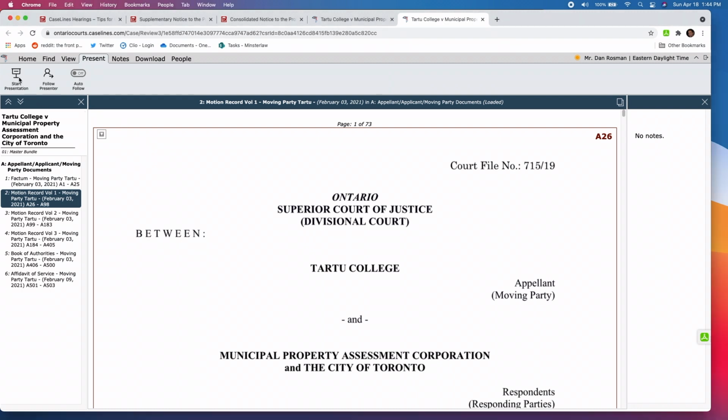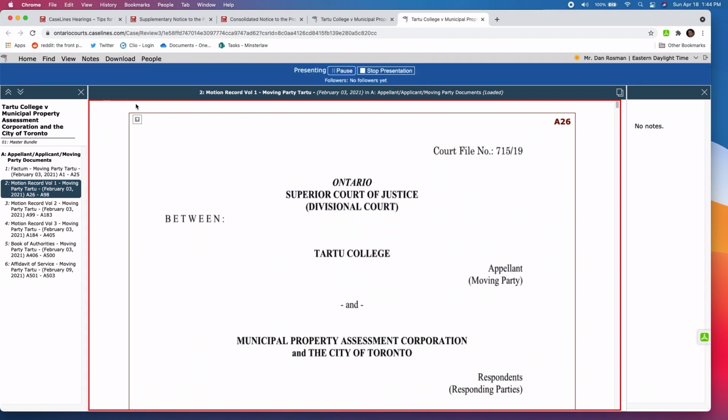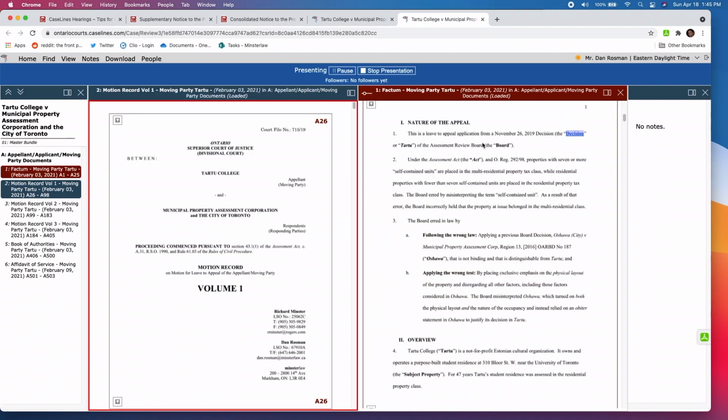So when you start a presentation, you click right there. You'll see this red box shows up. That means you're presenting. You can see who's following your presentation. So if the judge isn't there yet or opposing counsel, you might want to wait. There's pause the presentation. There's obviously stop your presentation. If you click here, you can double up your